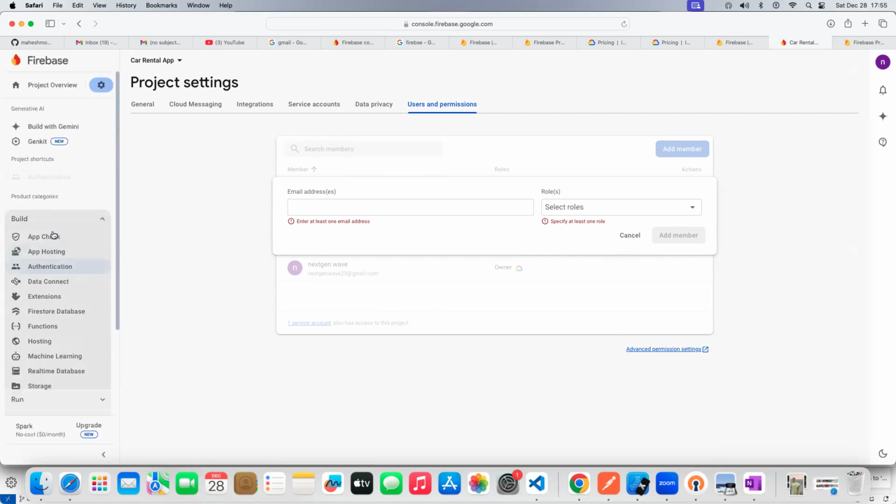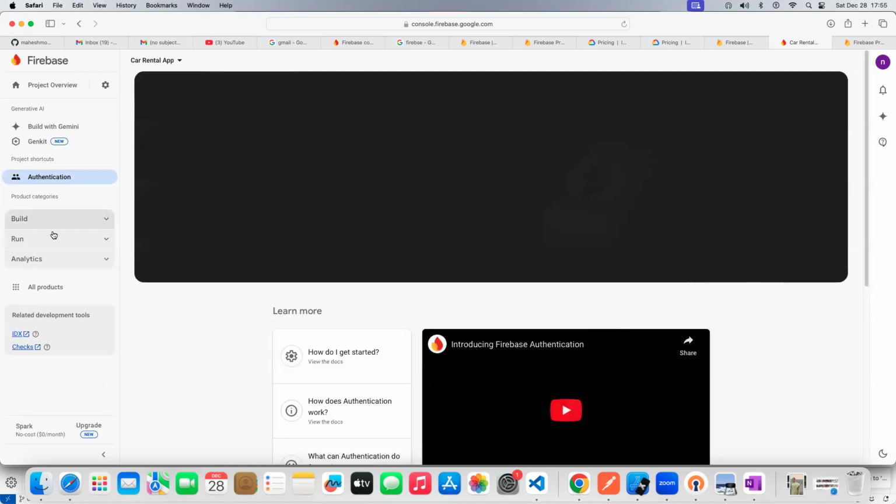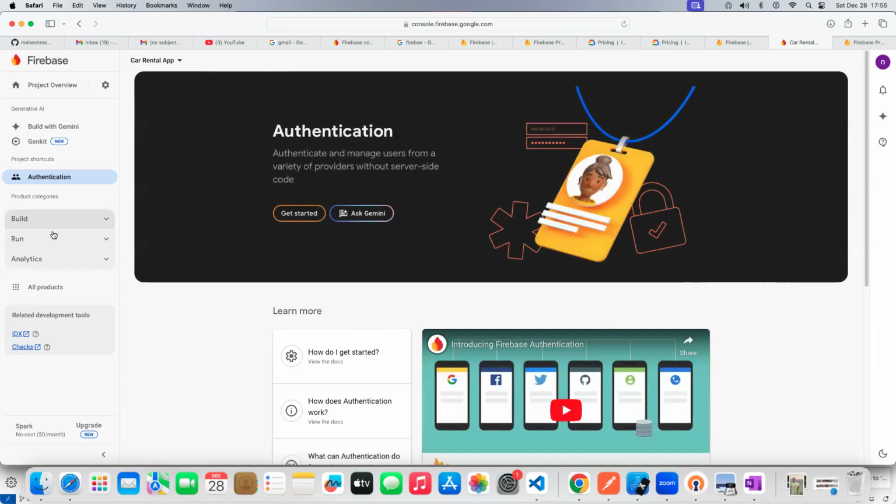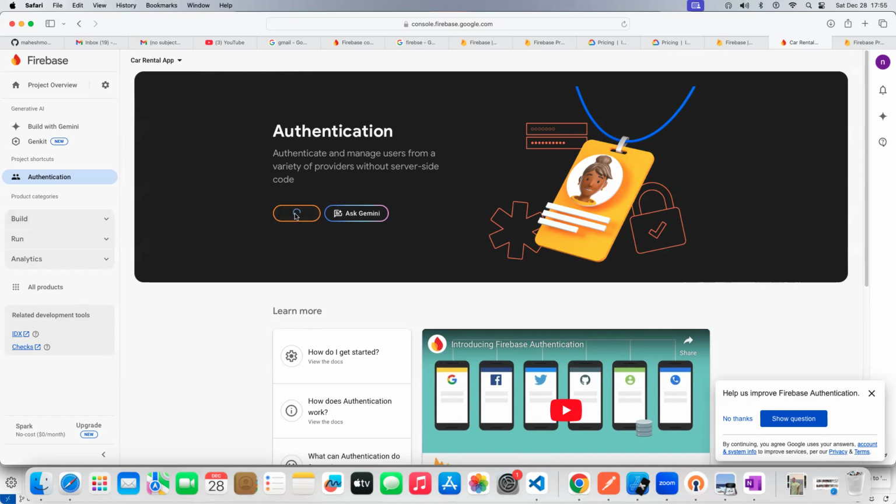First we need to do the authentication. Clear? We have to do the authentication. Before going to authentication, I need to create an app in my project. We are just creating the project; inside that, we need to create an app. So here, when I click on Get started,